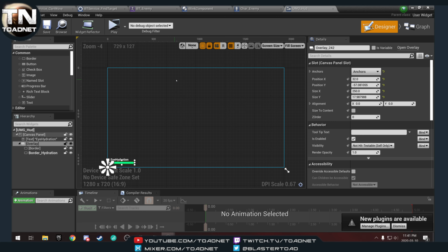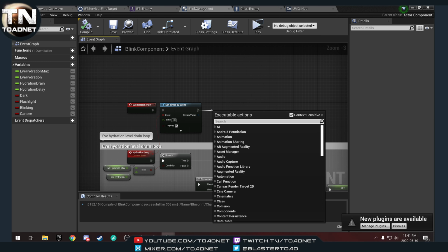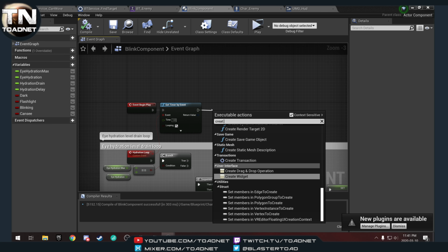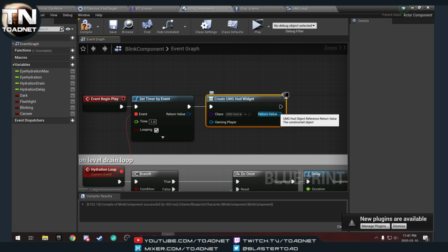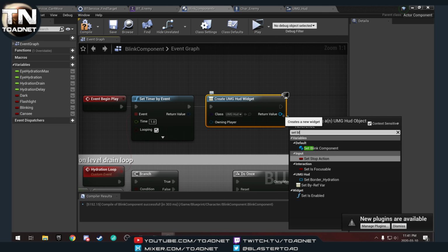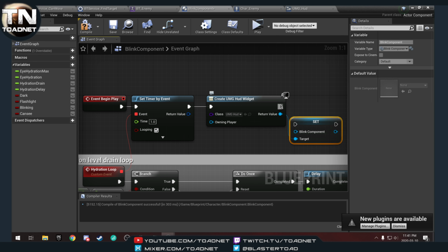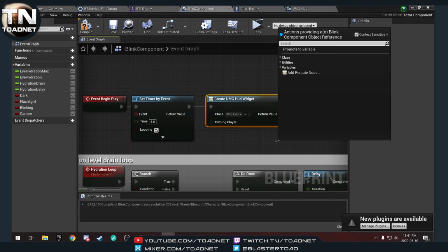Now we just need to go to our blink component. I still have it open. And on begin play, create widget, UMG HUD, set blink component, self,